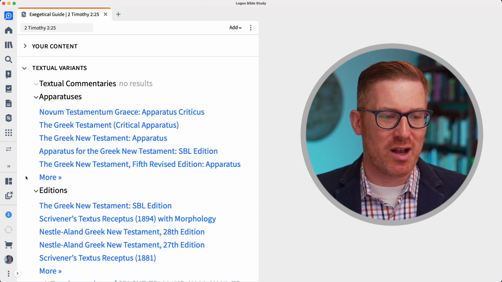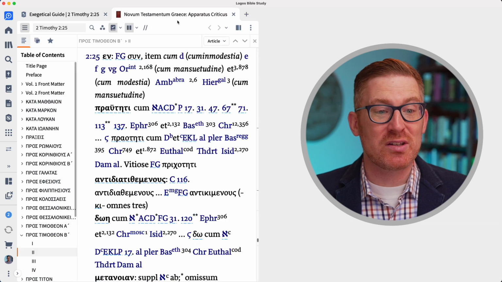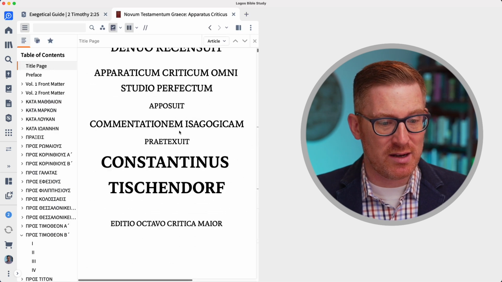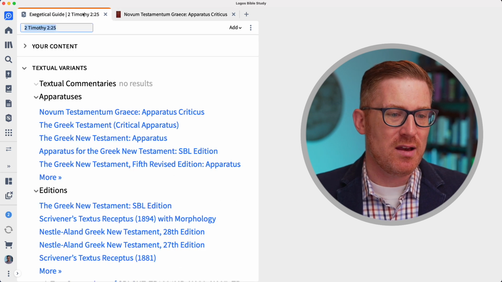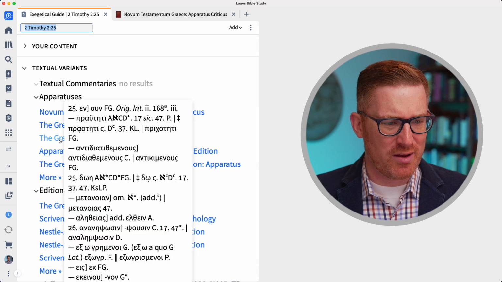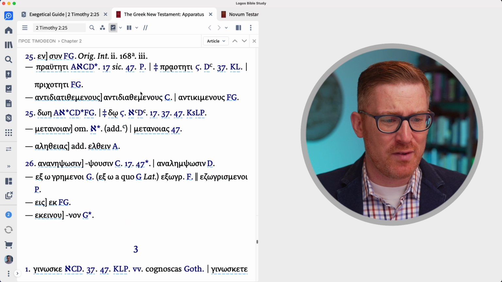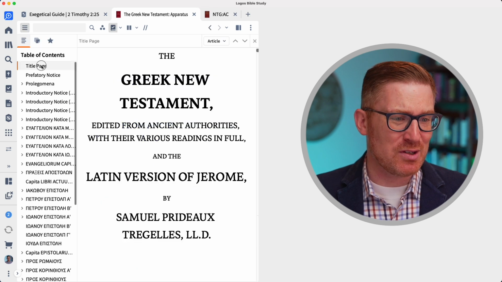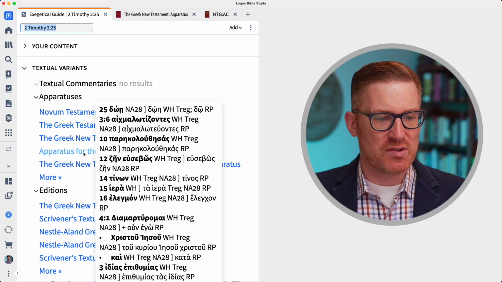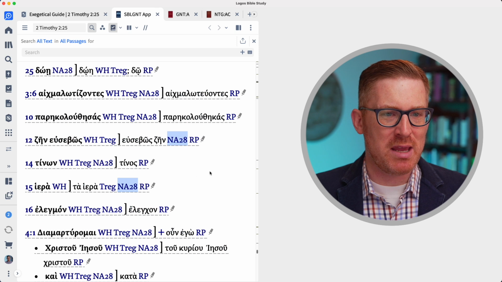in the Exegetical Guide. I could go open the NA28 Apparatus Criticus. Actually, that's not the NA28. That should be, is that Tregelles, I think? Let's see. That is Tischendorf, sorry. I've also got, that's probably, oh, that's Alford. I've got, is that Tregelles? I've got multiple apparatuses. Now I'm just curious, what am I seeing here? Yeah, that's Tregelles. I've also got, of course, the SBL Greek New Testament, which is probably my main daily driver,